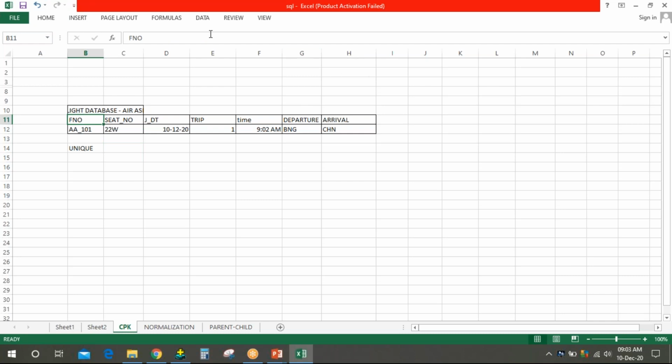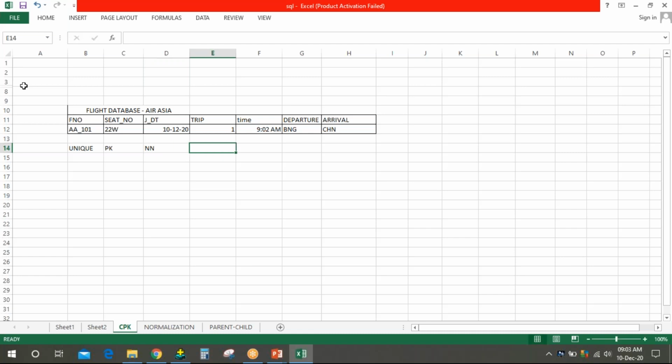Asia. By database for Asia. So unique. Then seat number, primary key. Okay. Then we keep telling, just put it. Not null.